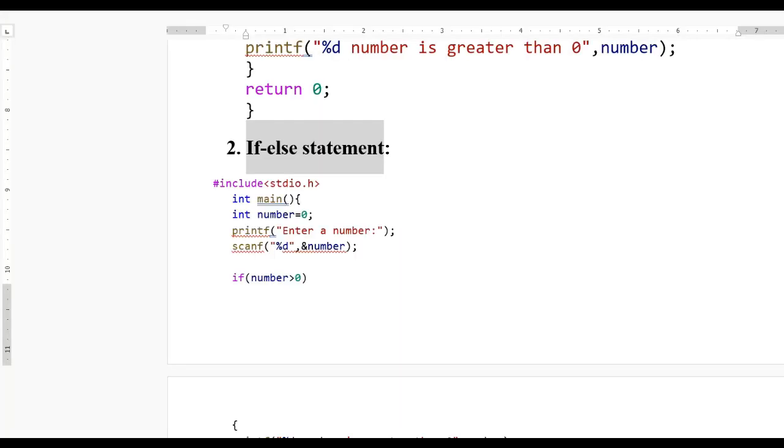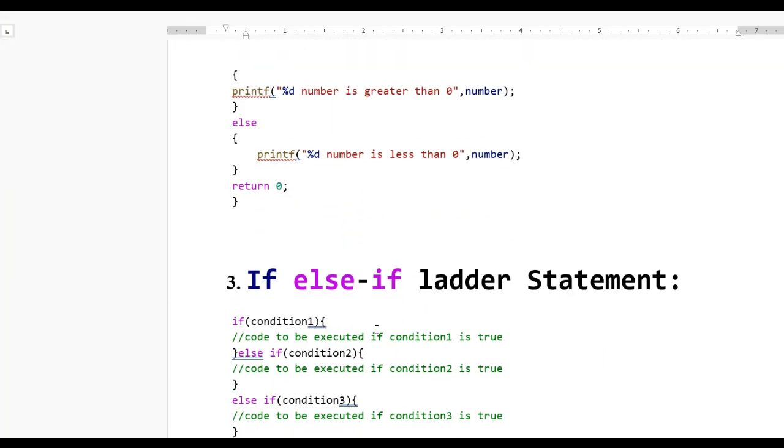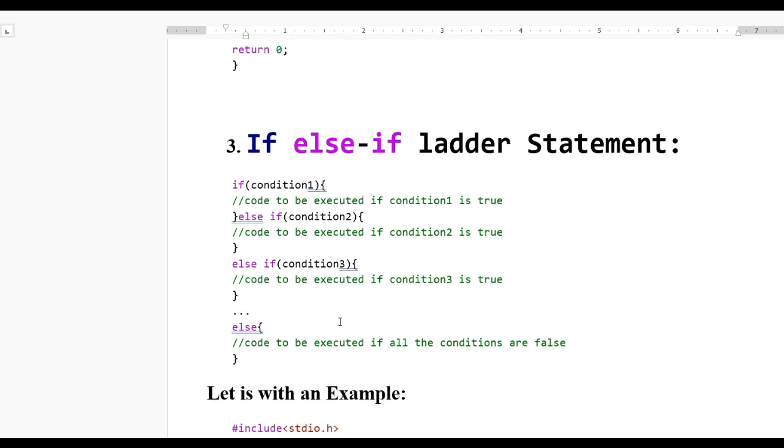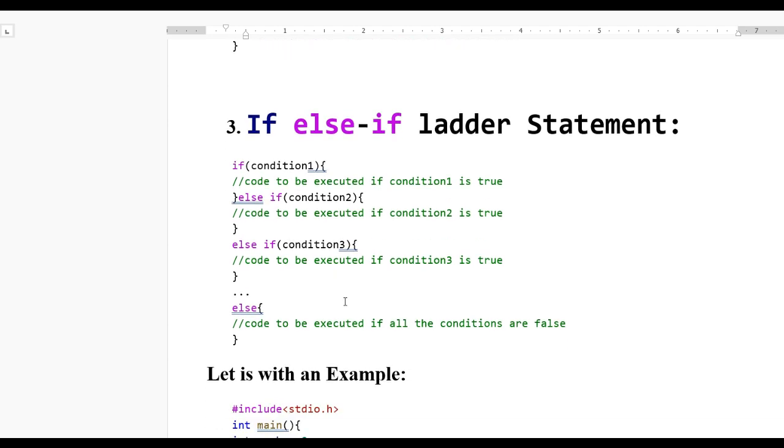Now let us move further. Now here you can see the if else if ladder statement. So here you can see what the syntax of the if else if ladder statement is. Here you can see if there is some condition 1,